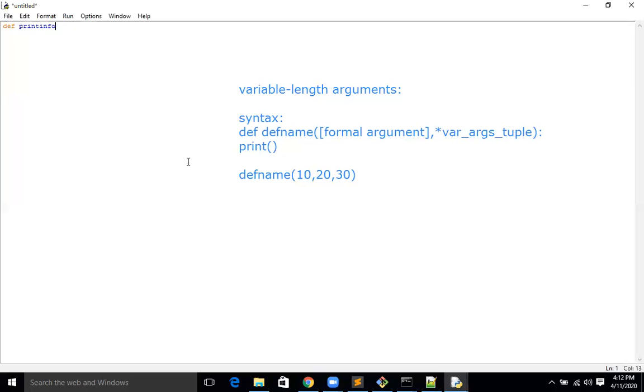It is one method, and I'm writing args1 as a parameter, and then giving the variable tuple as the variable length argument. Now let's see the output.